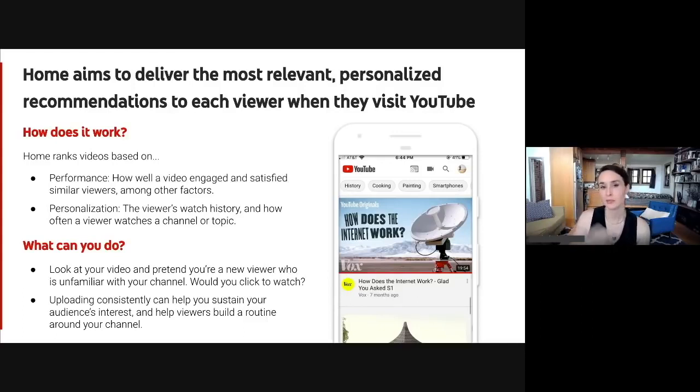In addition to that, we have personalization. So if we only use performance, like click-through rate and average view duration, to inform which recommendations were good for viewers, YouTube would just be like a giant explore or like trending tab, which is not the case. It's all personalized for the viewer's own interest. And so we use a combination of both performance and personalization. And personalized factors are like how much that individual viewer watches a channel or topic over time, or their recent watch history. That also helps inform, is this a good, relevant recommendation for that viewer?